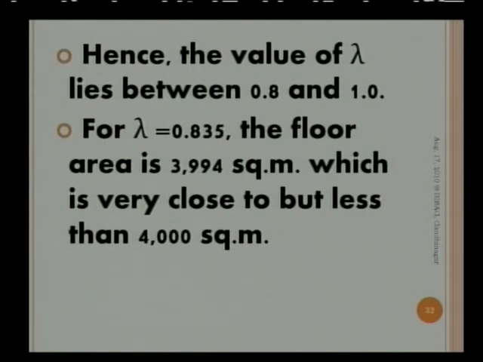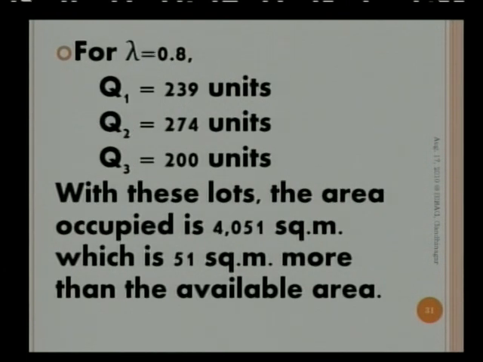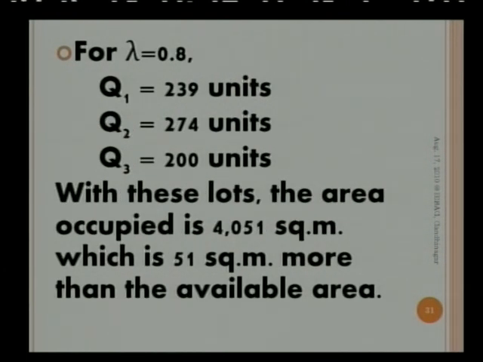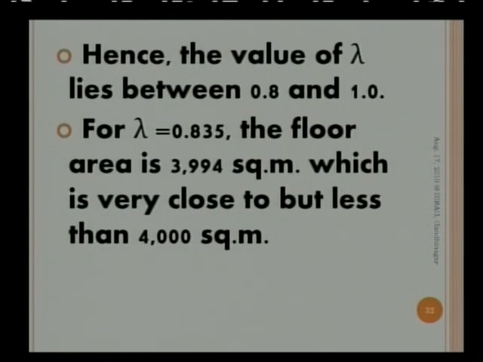Lambda equal to 1 was using almost 3785 square meter, while lambda equal to 0.8 is using 4051 square meter. So we need to find the value of lambda between 0.8 and 1.0. This is similar to what we do in numerical methods by the bisection method. So let us have lambda equal to